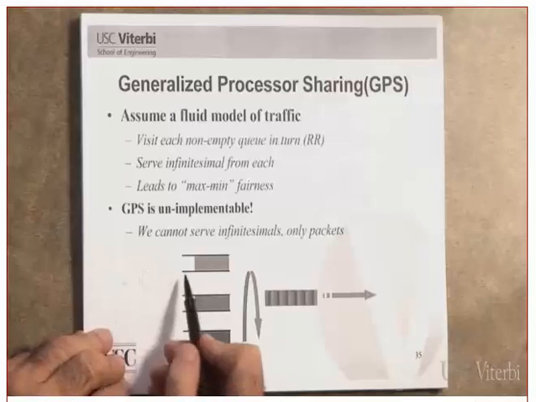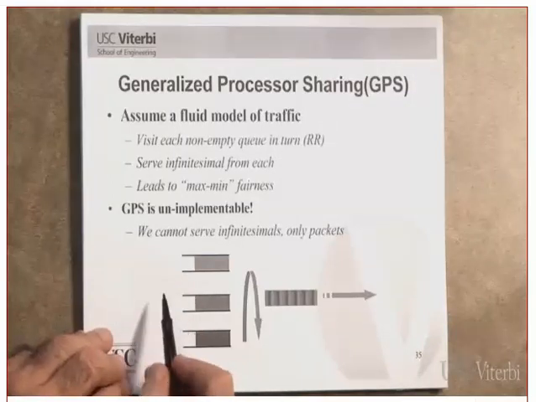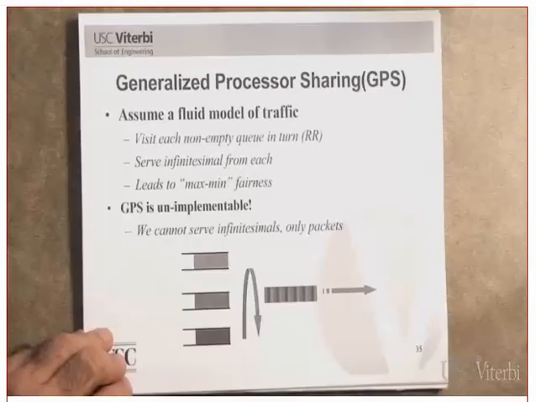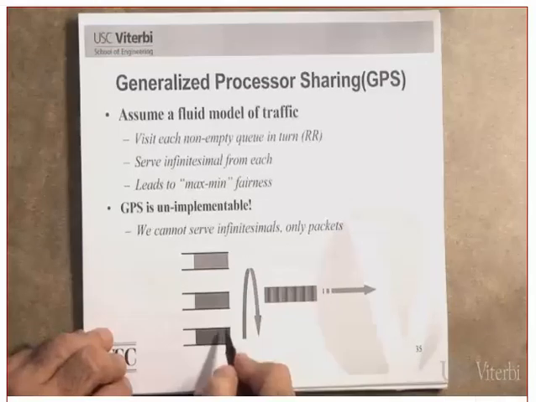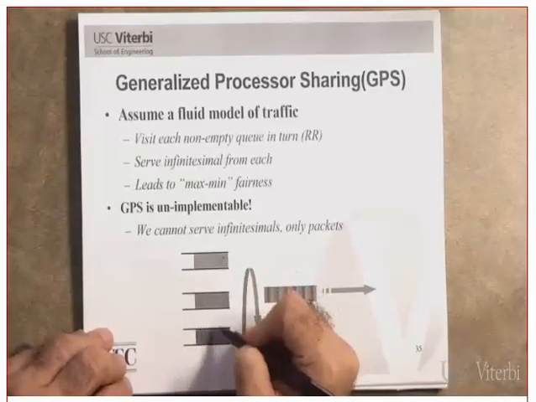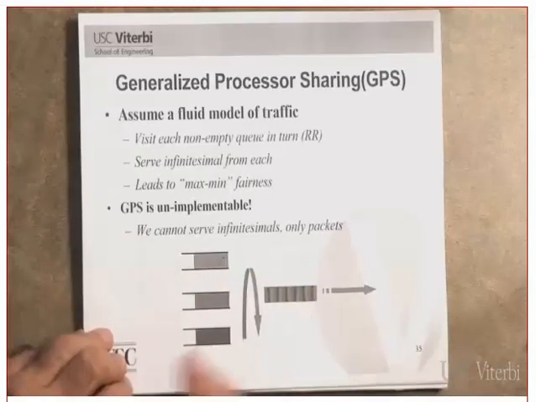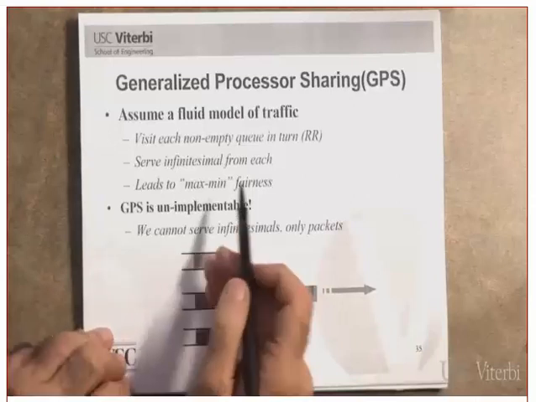In the generalized processor sharing, every flow has their own buffer, which means you are isolating the buffers, isolating the flows, and the server will get an infinitesimal amount of data, even below 1 bit, from each one of them. Which means they are all seen to be served simultaneously. Remember, there is no waiting in here. They are going to be served simultaneously. And this scheduling mechanism will lead to the max-min fairness algorithm that we talked about earlier.